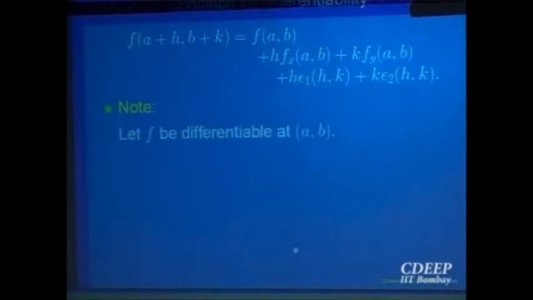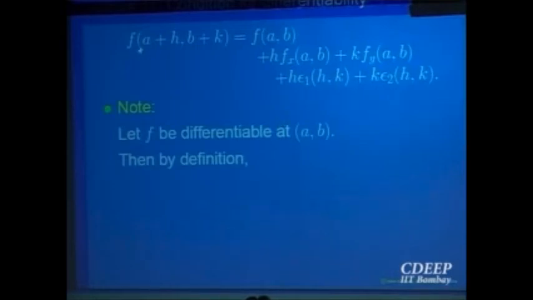So let us make the obvious remarks. If f is differentiable, can I say something similar to the one variable condition, that the limit as h goes to 0 of f of a plus h minus f of a, divided by h, gives you the derivative, right? Can I have some such condition for two variables also? And that in fact comes out from this, because if I write f of a plus h minus f of a minus this thing, what is left with me? Right? And I can divide by how much is the increment from the point (a, b) to (a plus h, b plus k), what is the distance? Square root of h square plus k square.